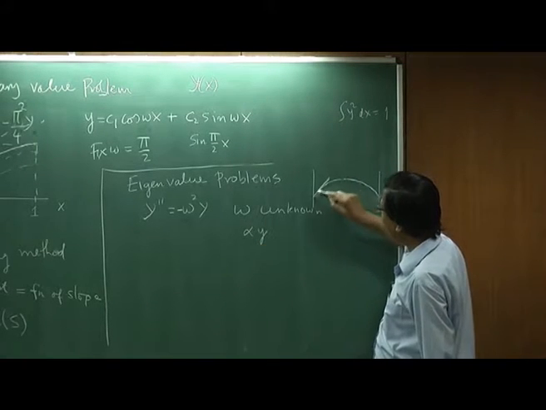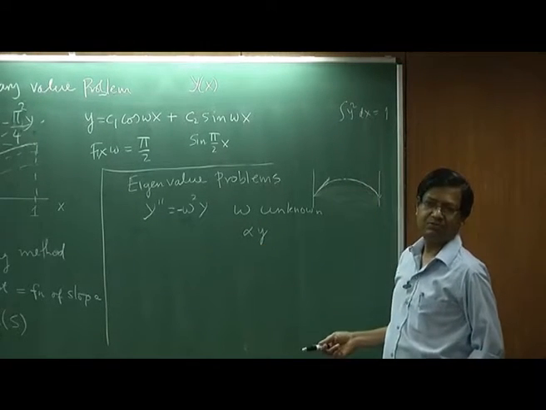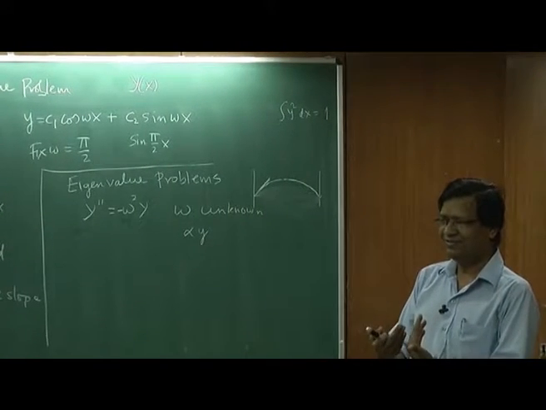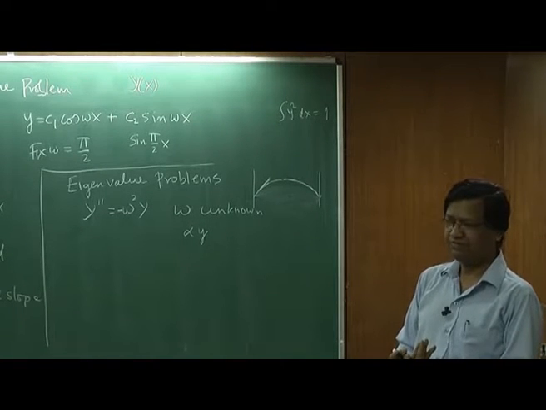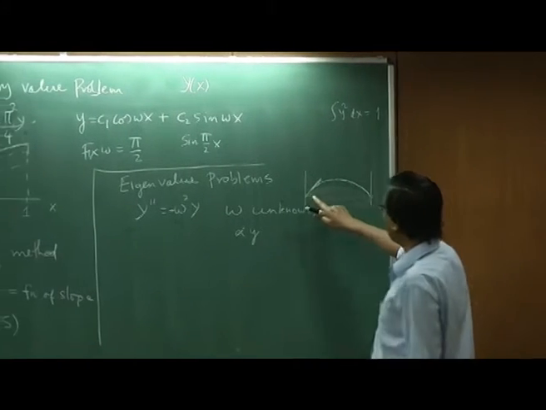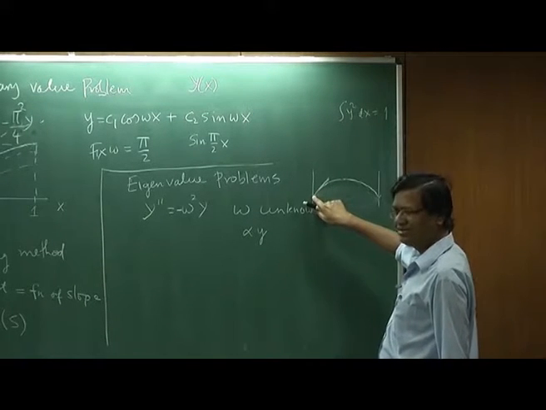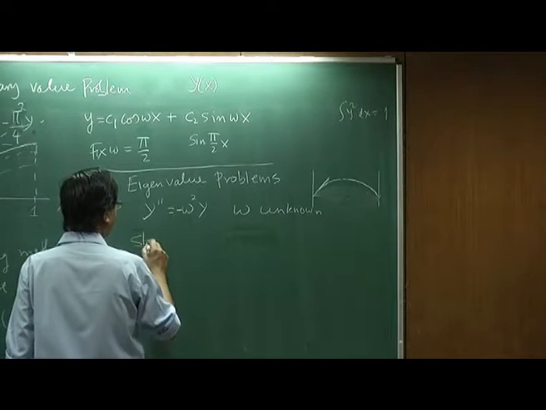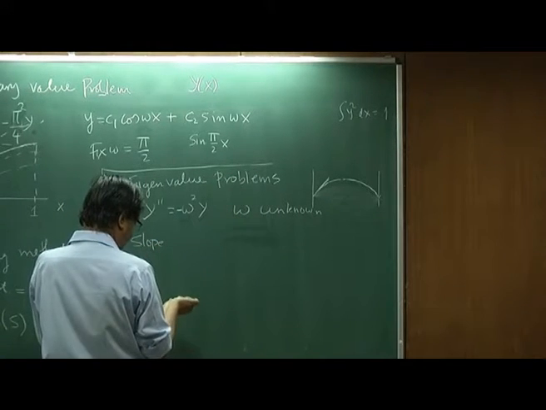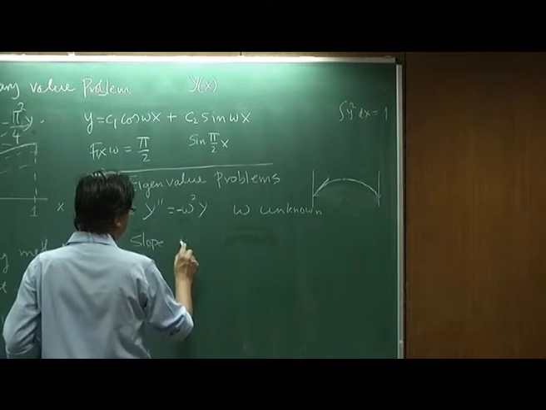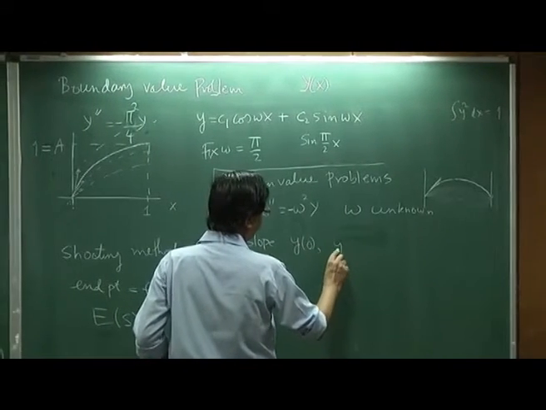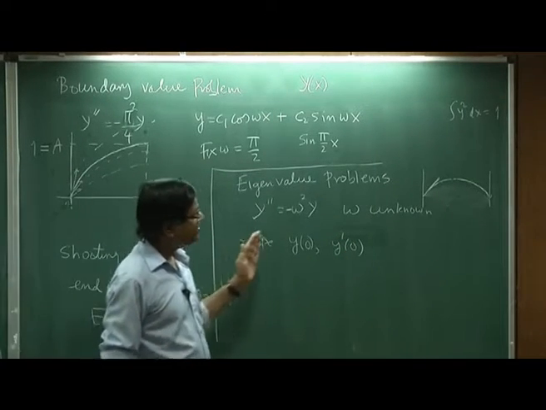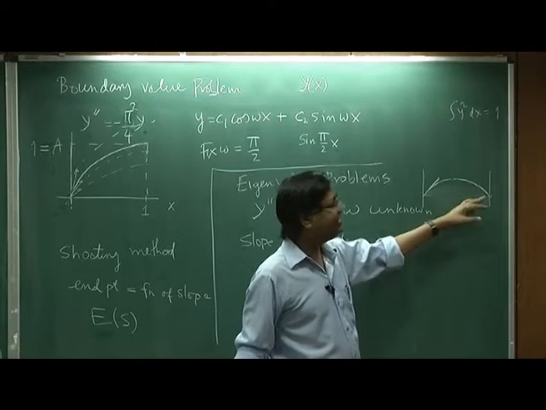Here I can say, well, I will give you the slope. You have to see the problem and accordingly choose your solution. So for this particular problem, I am going to start with y 0 and I will give you the slope, so y 0 and y prime 0, these are two things I will give you. Now start your solution. It is very unlikely that you will